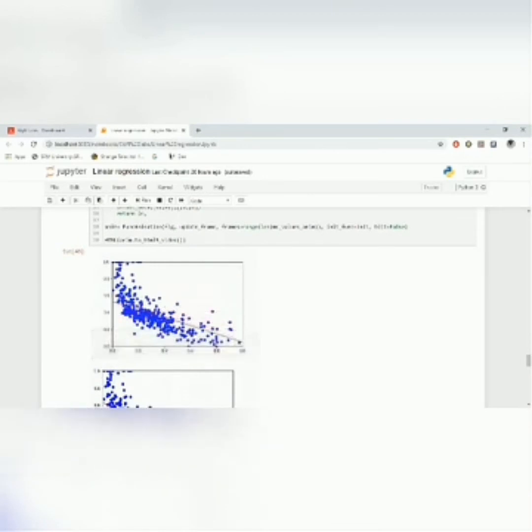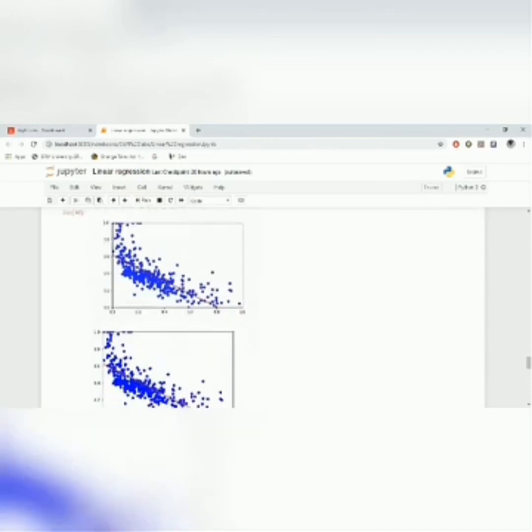We can see in this video how the model trains itself and the regression curve changes accordingly while the M and C change. And now we can get the predicted values using the y equals m into x plus c equation